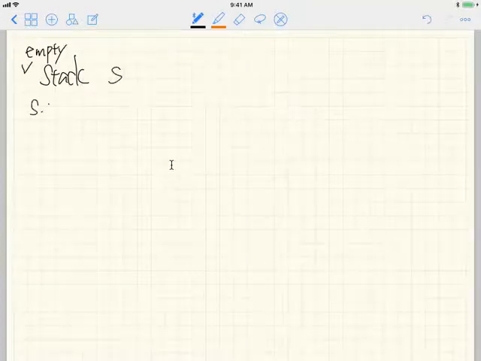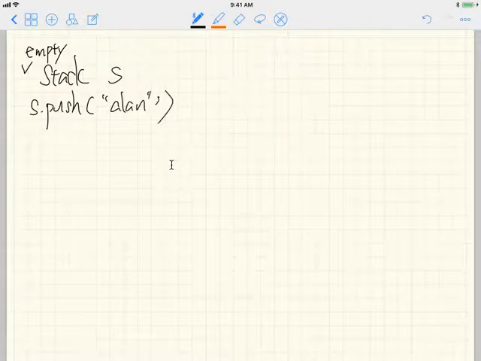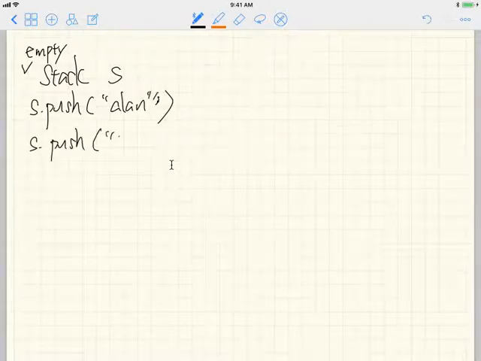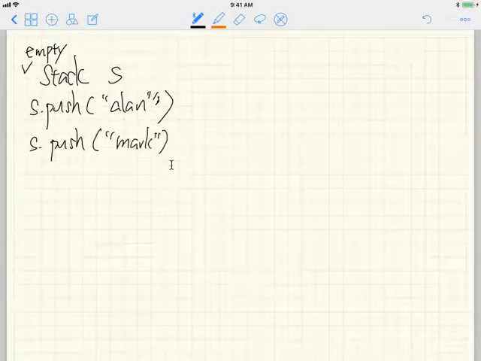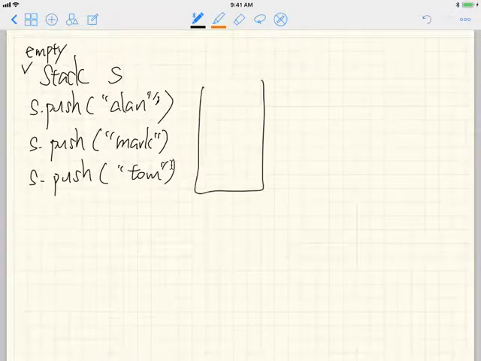If I say S.push Alan, S.push Mark, S.push Tom. Okay, now, we know that what this will get is Alan,